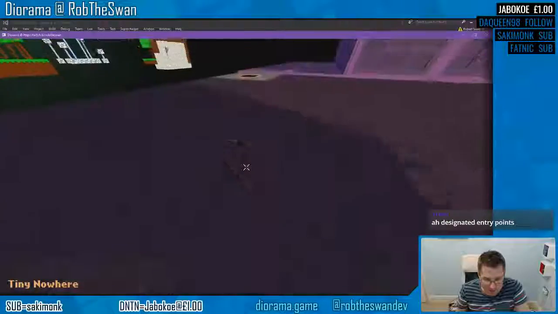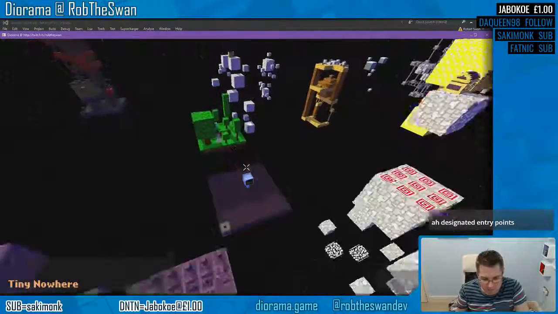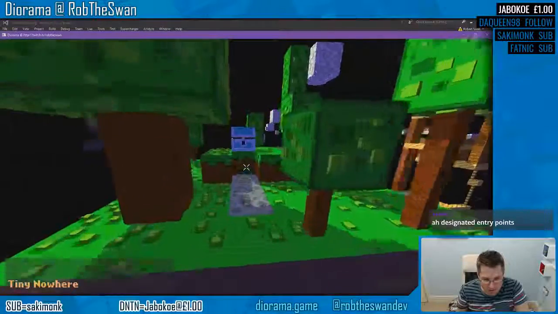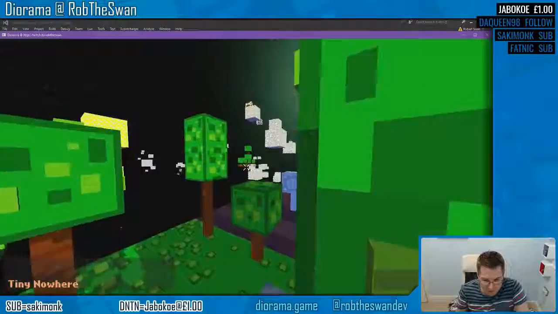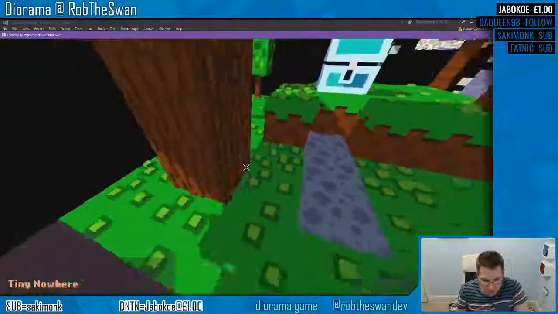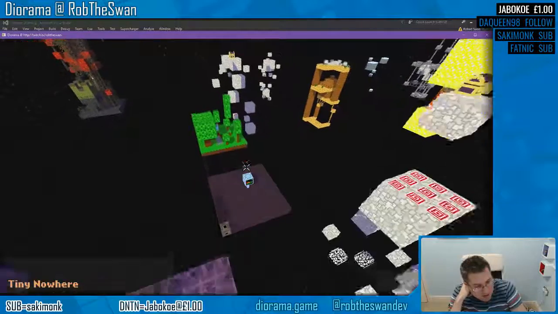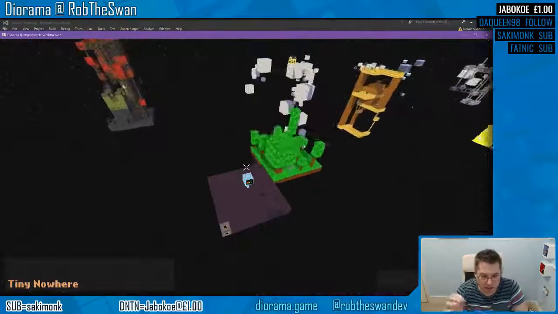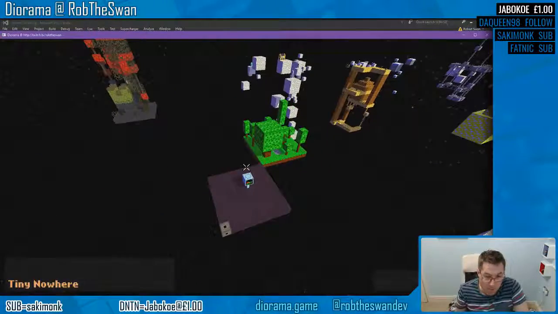But I didn't have extrusions on the movable chunks because... I can't remember why, actually. Oh yeah, look at all that. Look at all them extrusions. Yeah, designated entry points, exactly. So in these, this would probably have 4, 1 on each side. That's fine.